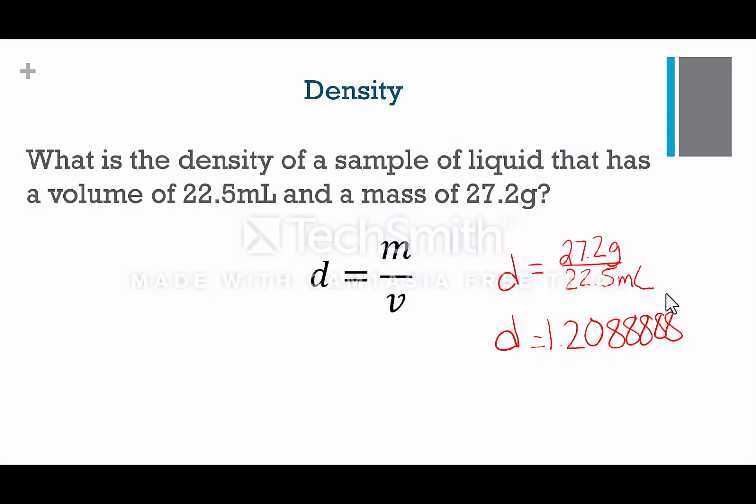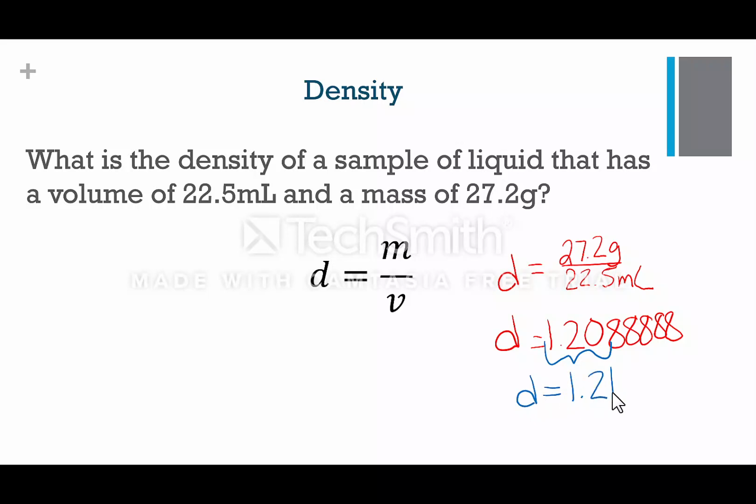Okay. Thinking about significant figures. So first, what order of operation are we doing? We're doing multiplication division. What is the rule for multiplication division? The weakest link. So my top number has 3 significant digits. My bottom number also has 3 significant digits. So when I report my number, I am limited to 3 significant digits. Okay. So to correctly report this value, I would report density as